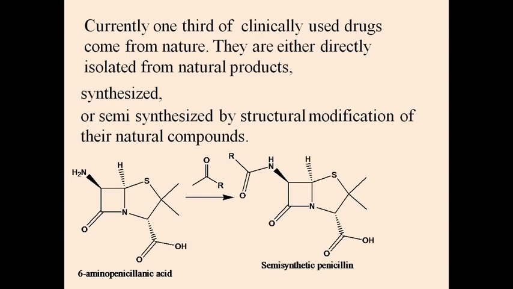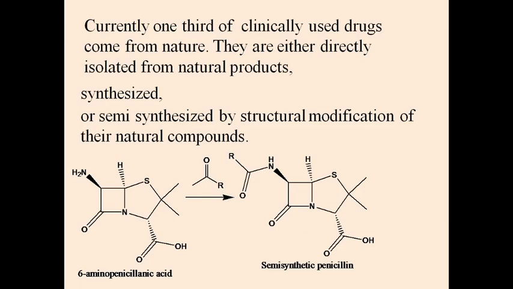It is obtained from Penicillium chrysogenum, and in this structure you can see here is an amino group, and this amino group can be reacted with an acid, ester, or acid chloride to produce an amide. Here is the amide, and we can attach any R group here. The R group can be benzene or modified benzene or any heterocyclic group. We can place it here in R, and we can derive a semi-synthetic penicillin, and this will be called structural